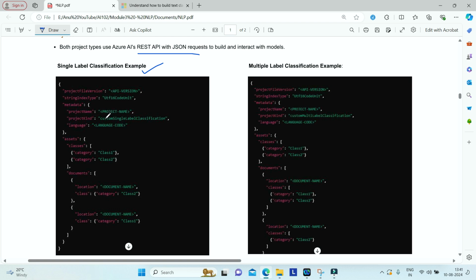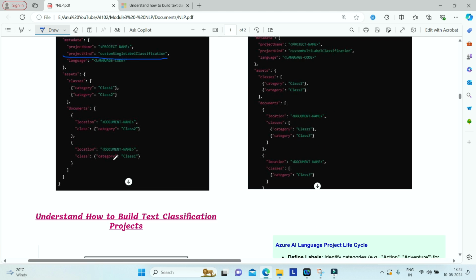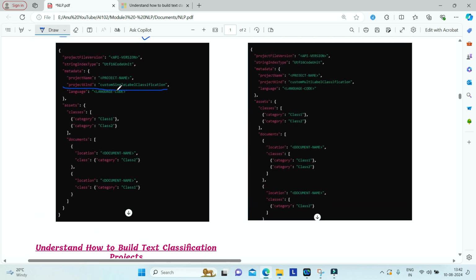Here you need to explicitly specify this project kind. The project kind here is custom single label classification. This tells that we are trying to train a single label classification model. Okay. And in this request, you will be specifying all the classes, all the categories that you are trying to